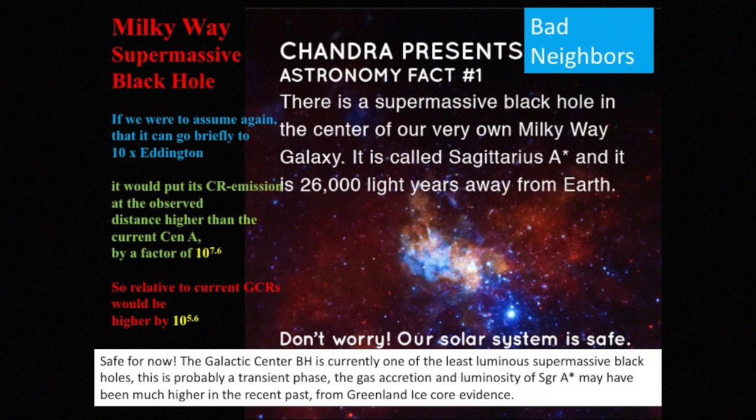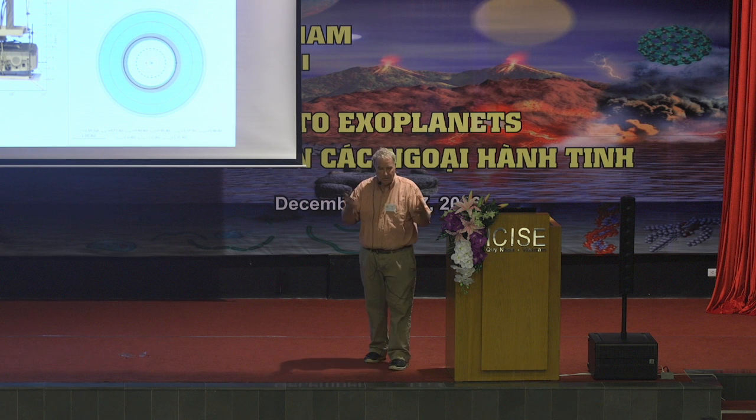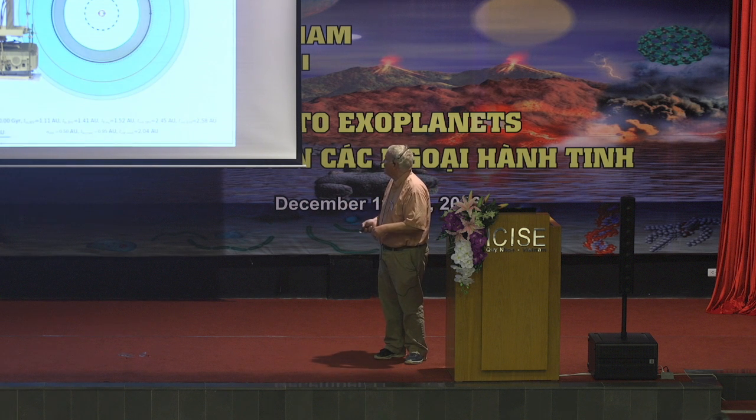So how could this be avoided? Well, one way is in binary star systems, as was described, that binary star systems do have habitable zones, but they also have increased winds. And the winds from stars allow for the protection by building a hydrogen wall, a stellar astrosphere around the planetary system to protect from cosmic rays below a certain threshold. And I'm running out of time, so I won't discuss this further, but